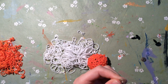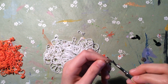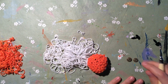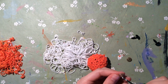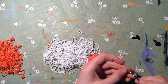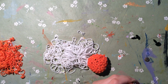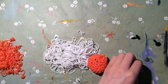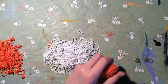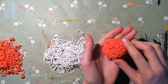Really, it depends on what type of safety eye you get. I just got these off of Michael's, so you can really get them anywhere. Michael's, Joann's, and maybe there's a ton on Amazon, maybe even eBay. Whatever works for you. So here it says we're going to place our safety eyes between rows 2 and